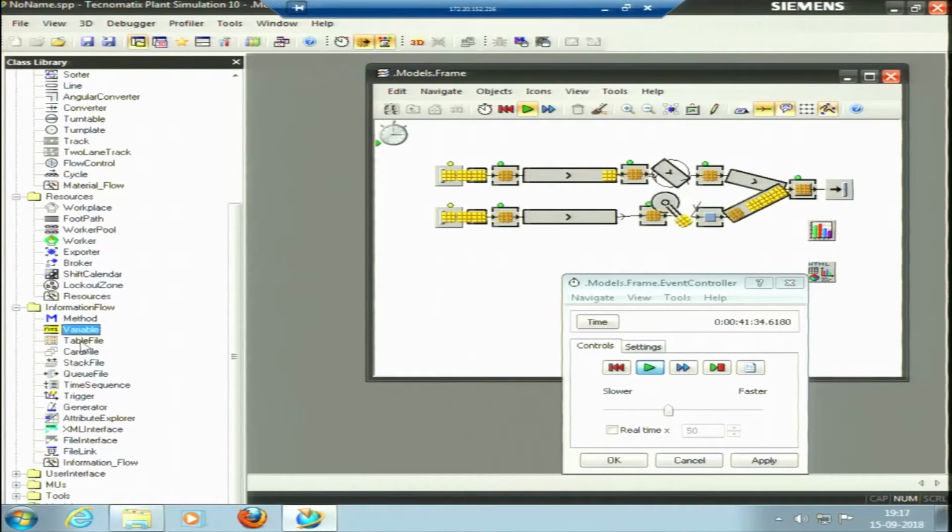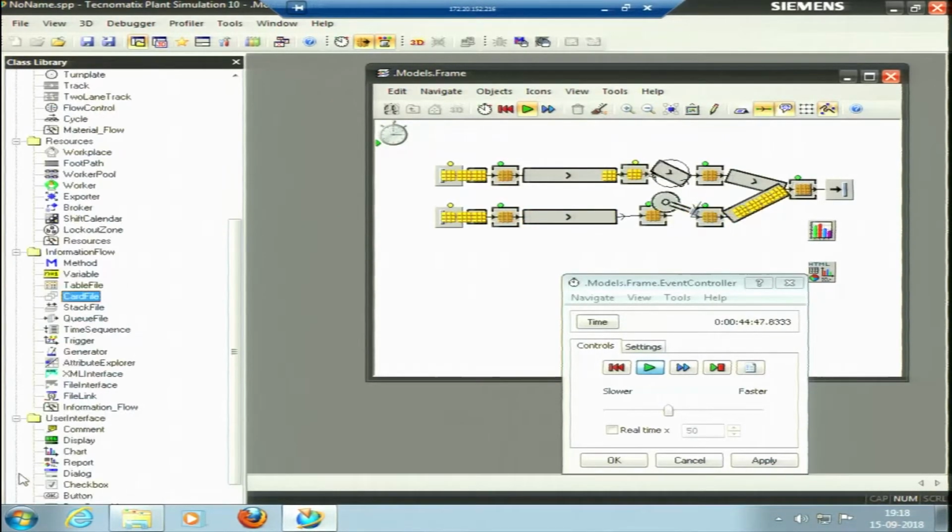Then we have table file. Table file is a list with 2 or more columns. It is a kind of table like the normal table we have. So, we can access the individual cells by employing their index, that is by their position. For instance, cell number 31, cell number 32, they can be accessed. Then we have card file. Card file is a list with 1 column providing random access to the contents of the individual cells using their position, that is row number. Or imagine the card file as a file card box, we can think of that. So, there are certain things like this.